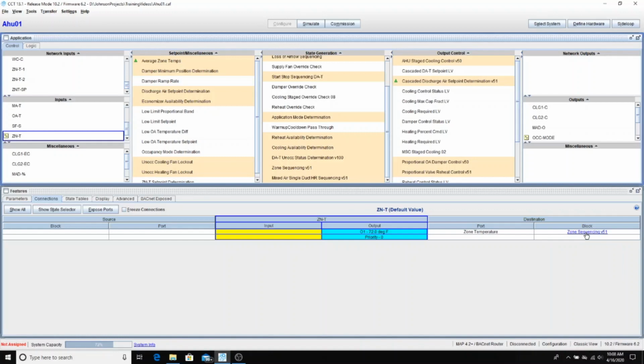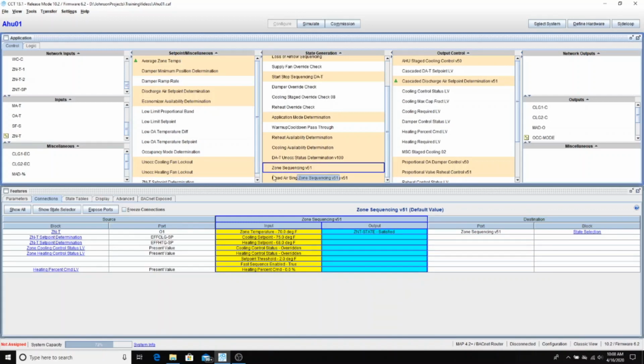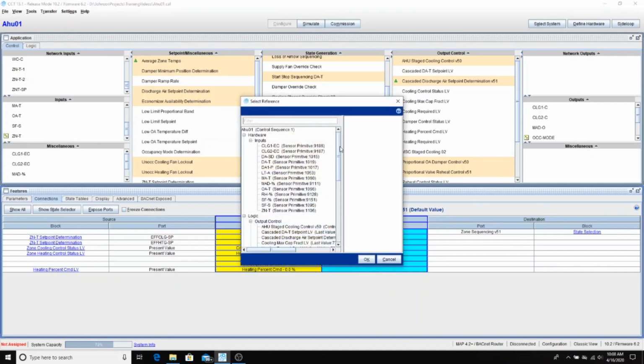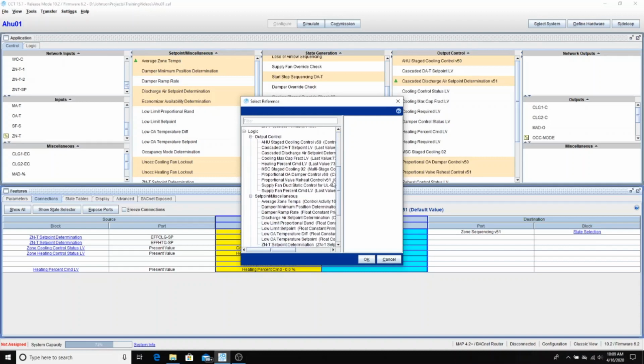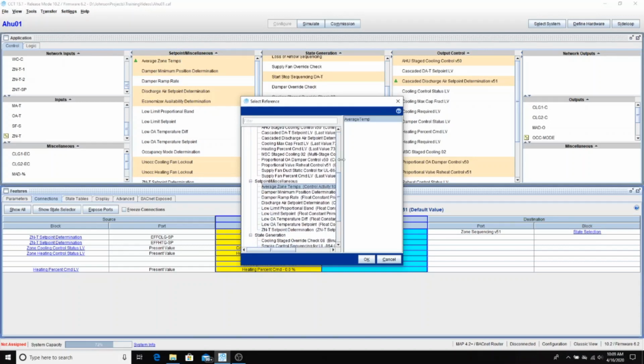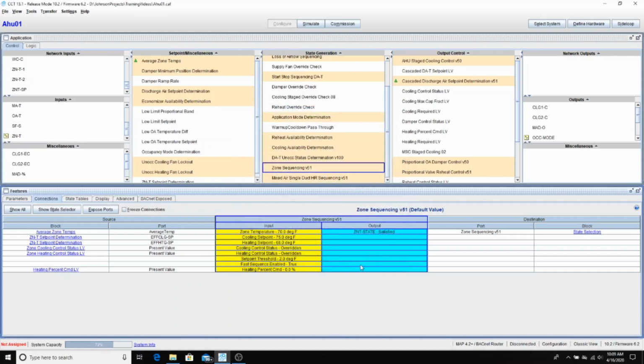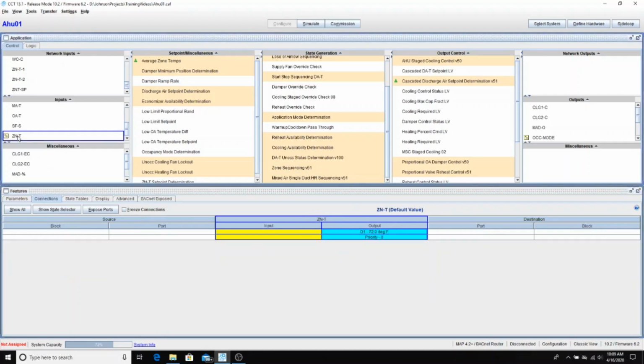Zone sequencing V51, state generation column, zone sequencing V51. Right click, change the connection. Scroll down, set point miscellaneous, average zone temps, average temperature to make the connection. Now if I go back over to my zone temp sensor, you can see it's no longer connected to anything